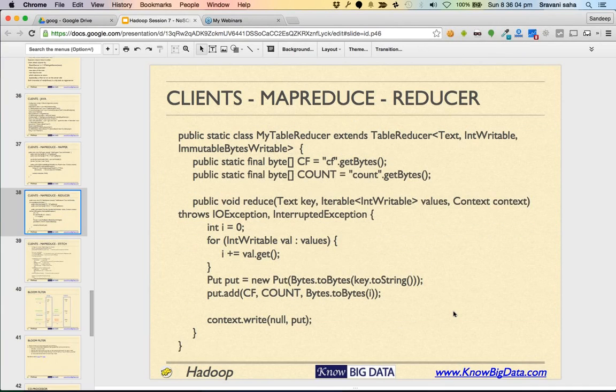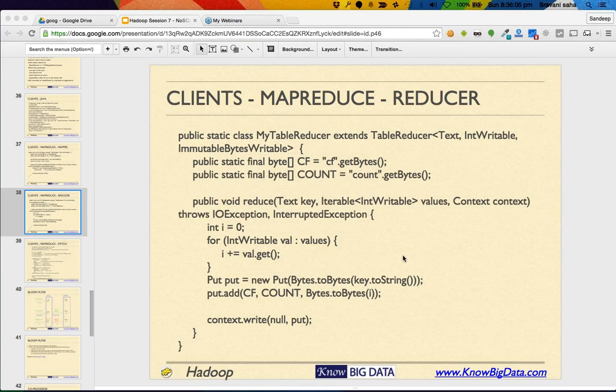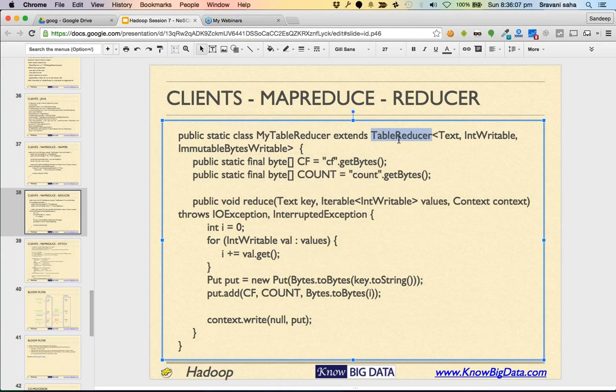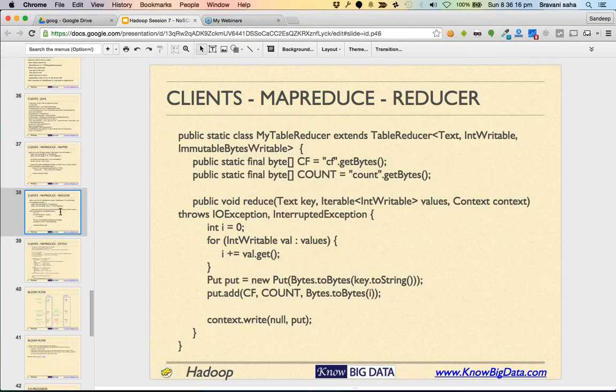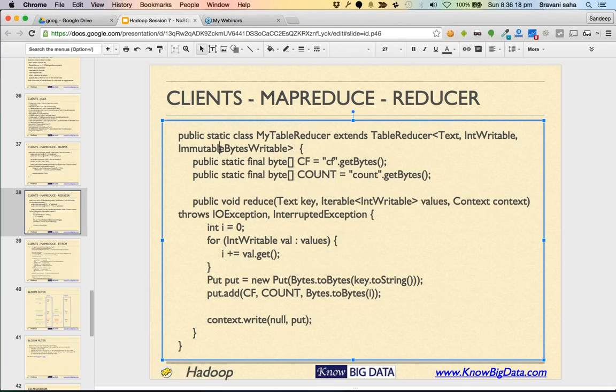Next, we write a reducer in the same philosophy by extending table reducer. Here the input data type will be the same as the output data type of the mapper, which is text and int writable, and the output given by the table reducer will be of this form. And you define a method called reduce,